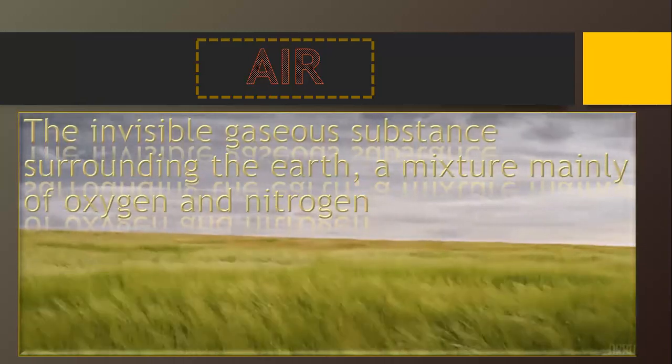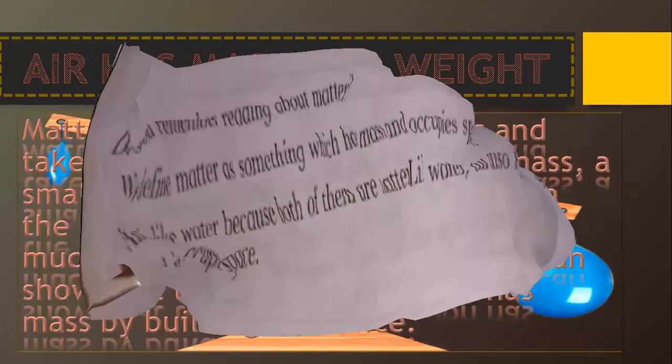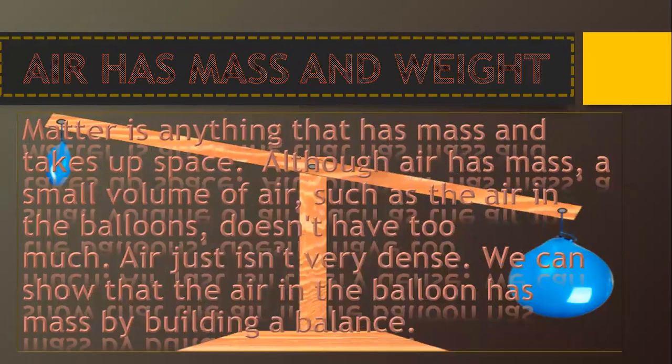We can take the example of a balloon which is filled and one unfilled tied on a ruler. The inflated balloon has more weight as compared to the deflated balloon because the inflated balloon holds air that pulls it down. Air is present in the atmosphere everywhere. And as I told you, air has mass and weight.